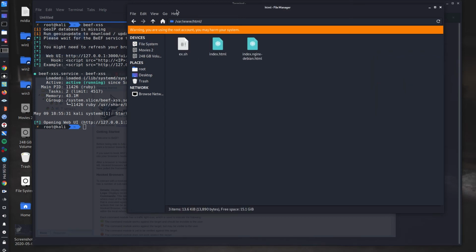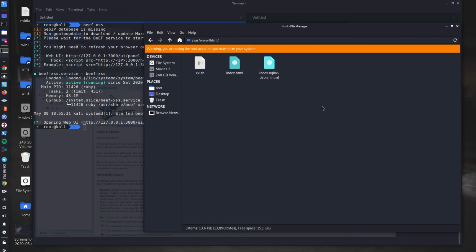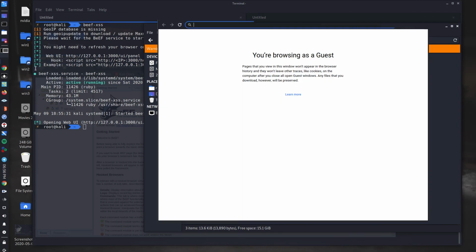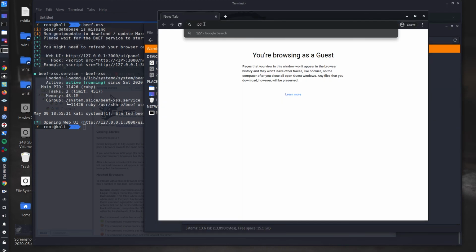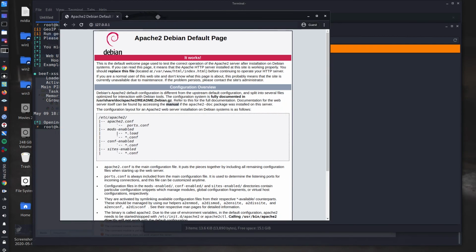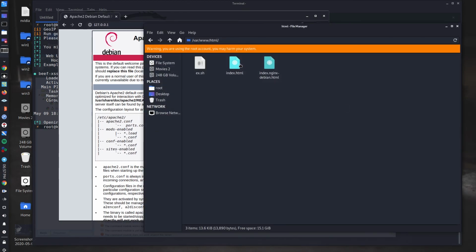Whenever you fire up your Apache server and browse to your own IP address, you will see this index.html in a web page like this, 127.0.0.1.